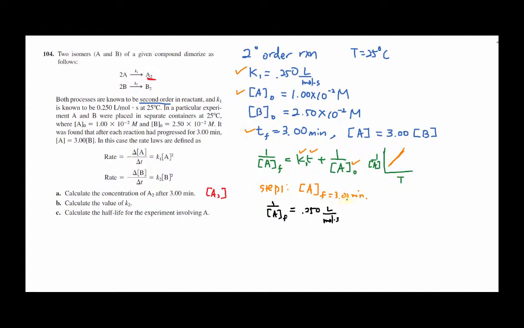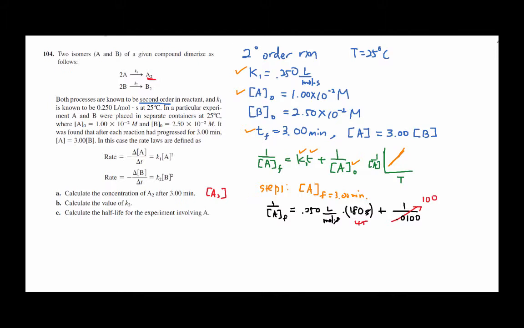Okay, here's something you have to be careful about. Time here is not going to be in minutes, because our rate constant has a second in the denominator, so make sure you convert 3 minutes to 180 seconds so that the units can cancel out, second and second, plus 1 over the original concentration of A, which is 0.0100, but if you reciprocate that, that becomes 100, and then when you punch these numbers in the calculator, you get